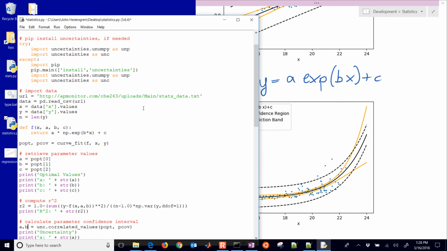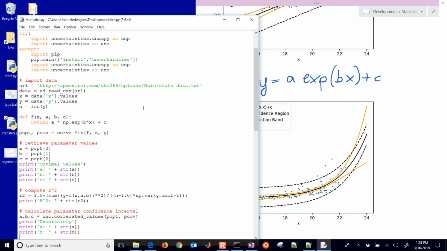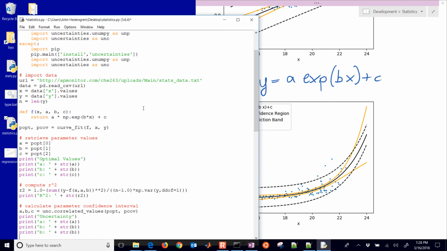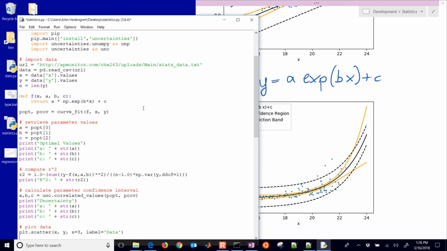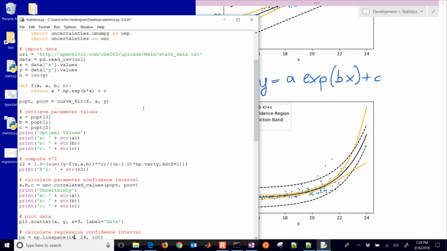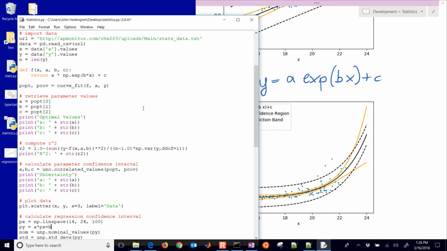And here I have another one that comes out of this one, another parameter. Let's print that uncertainty as well, just so we can see the 95% confidence interval on that. Okay, and there's my scatter data. That one's going to stay the same. I'm going to change this correlation right here. And this one, I need to change this to, it's going to be